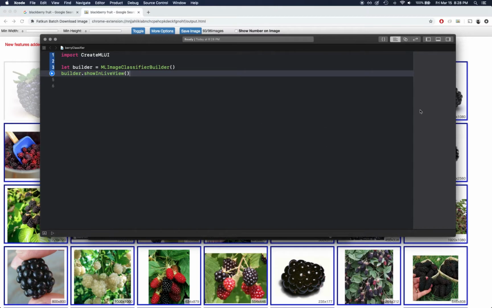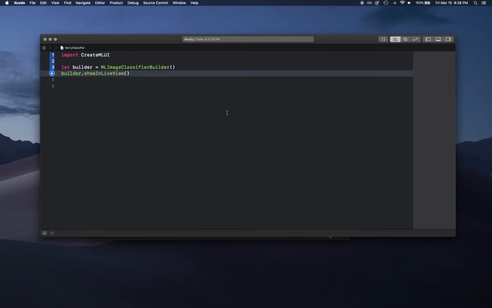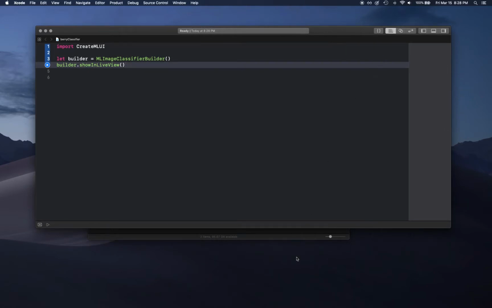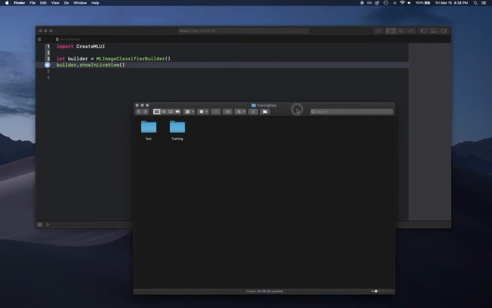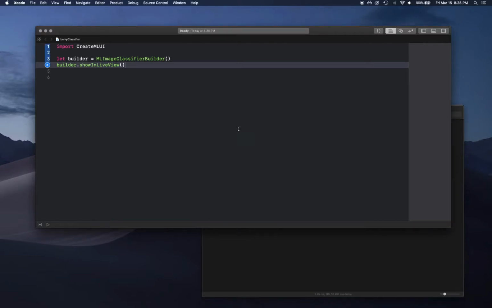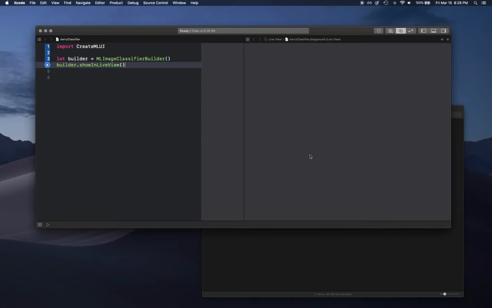Now what this is going to do is create a live view of a trainer that we're going to use basically to train our machine learning model. So you're going to see what actually happens here. Let me size this and put it in the right places, and we're going to open the assistant editor and execute this playground. As soon as the playground is executed, you're going to see a UI appear here,